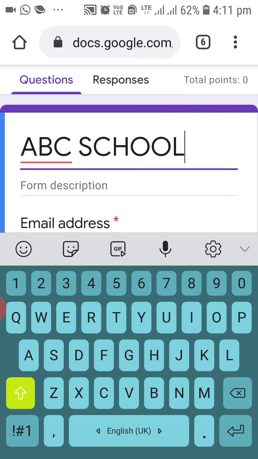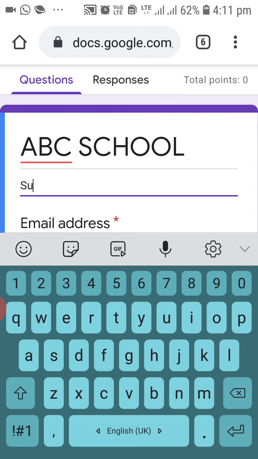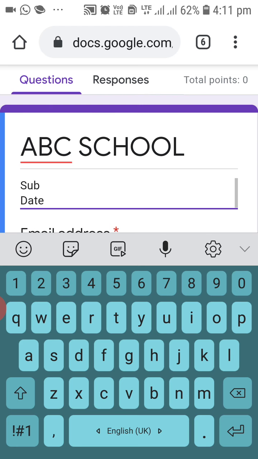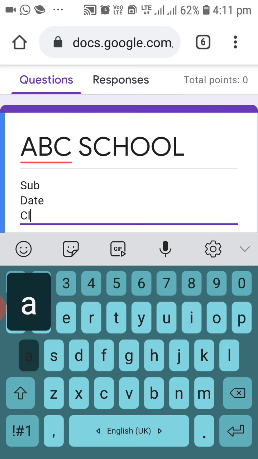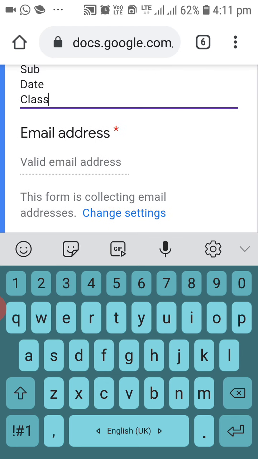So this is just an example. If you click below that on form description, here you can write your subject, then you can write the date when your paper is there. You can even write the class. It depends on whatever information you need to write.